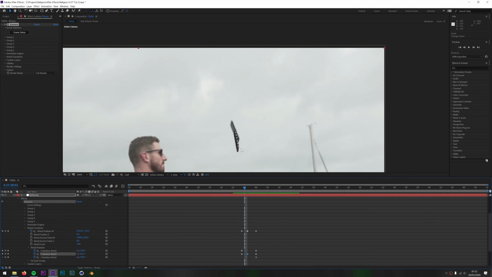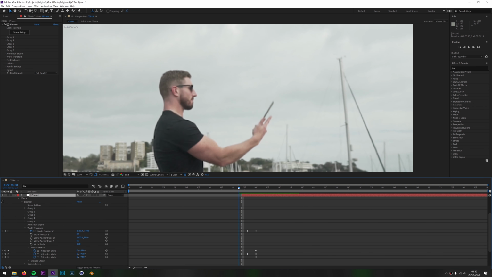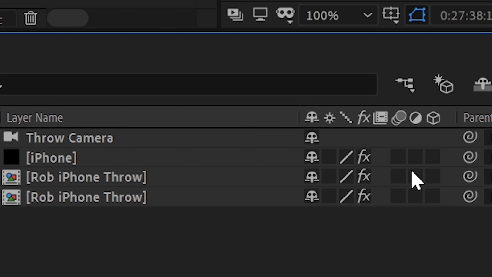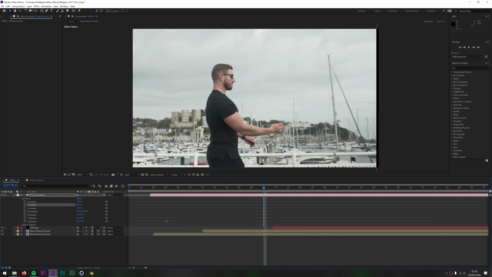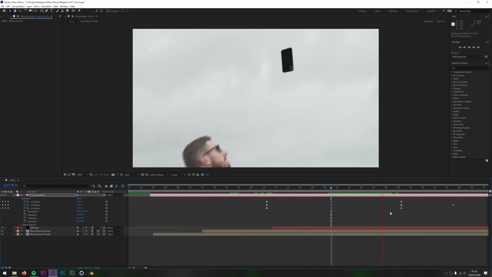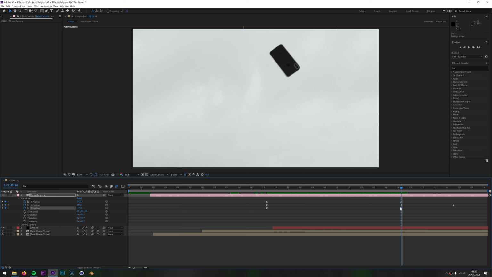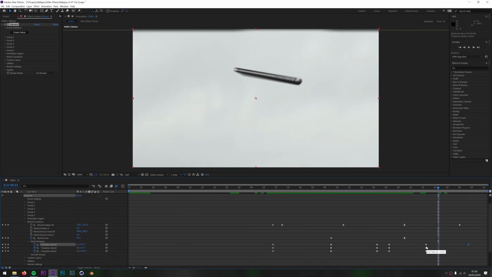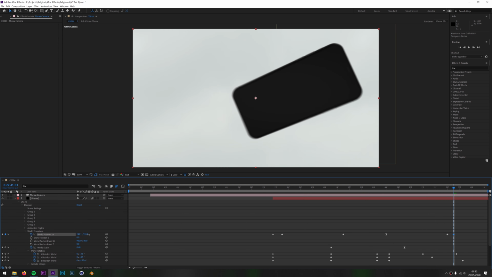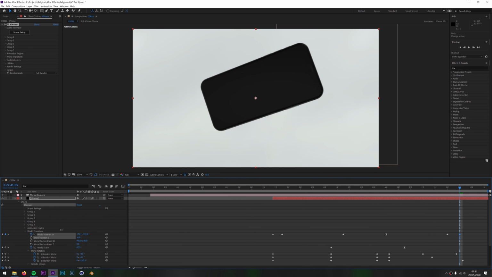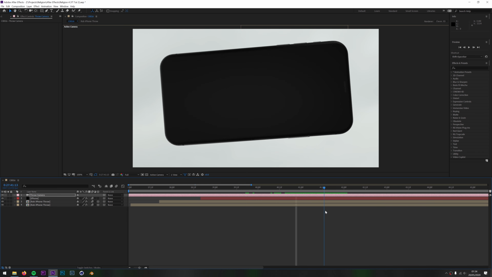Find the part where the phone leaves the hand and then cut the layer. Then go to the mask layer and cut this layer on the same frame. Add motion blur and make the layers 3D. Then add some simple position keyframes on your camera to follow the iPhone up in the air. You should then have something like this. Grab yourself a coffee and some paracetamol, then mess around with the location and rotation keyframes of the iPhone until the phone matches up with the camera. And then if you haven't thrown your computer out the window by now, you should have something like this.